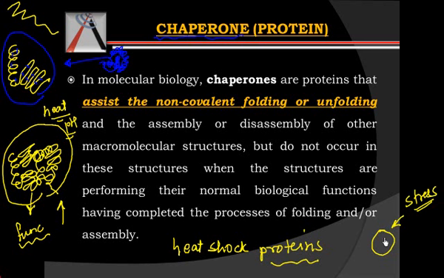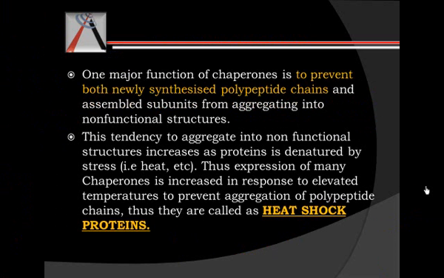These heat shock proteins are formed by bacterial cells. They are also formed by some of the human cells, and they are mostly formed when the cell is under stress, because they are important for preventing other functional proteins from becoming non-functional. So the major function of chaperones is to prevent the newly synthesized polypeptide chain and the assembled chains from forming non-functional structures. And this tendency typically increases when there is stress. So for chaperones, their expression is increased